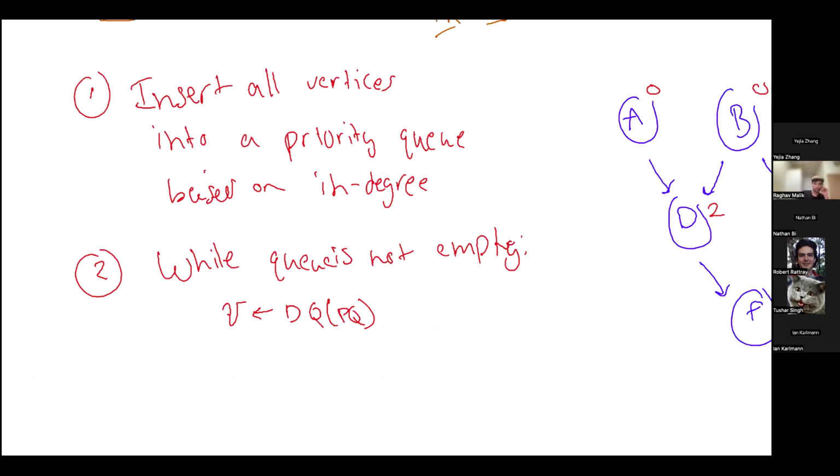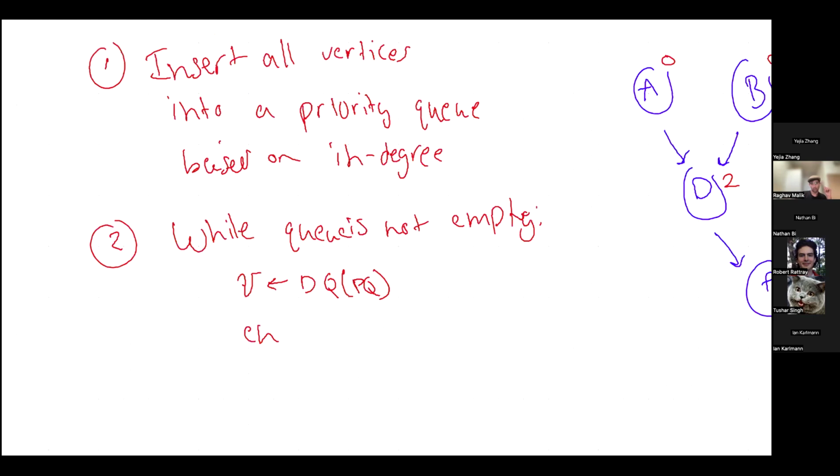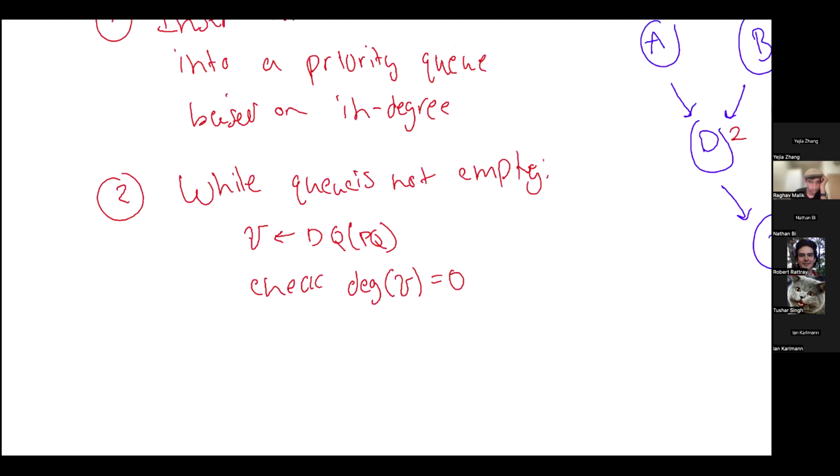We check that the degree of v equals 0. And then we'll say schedule v and remove v from the graph,